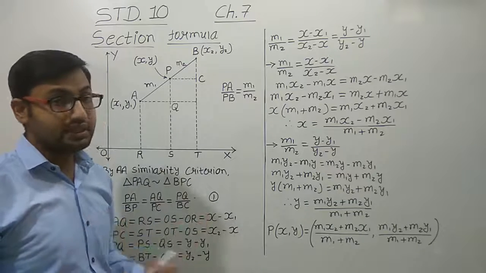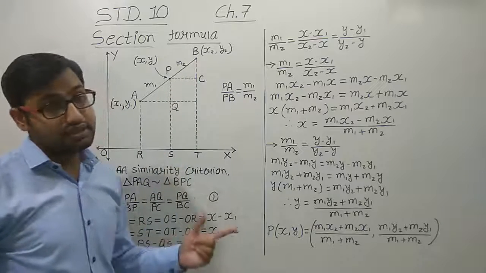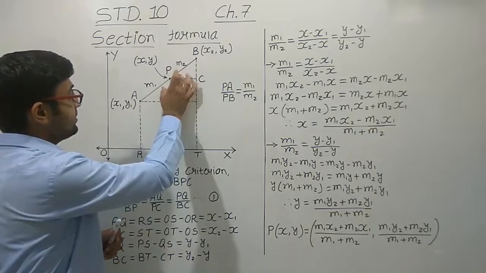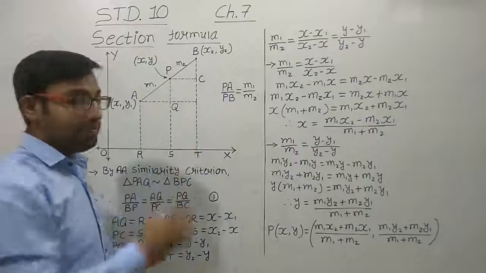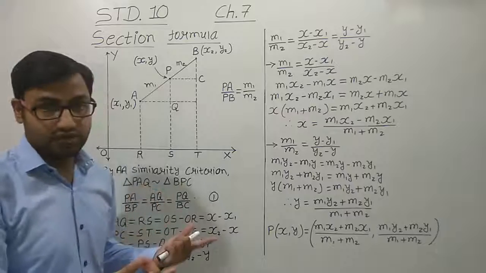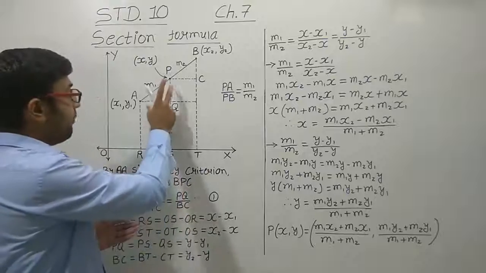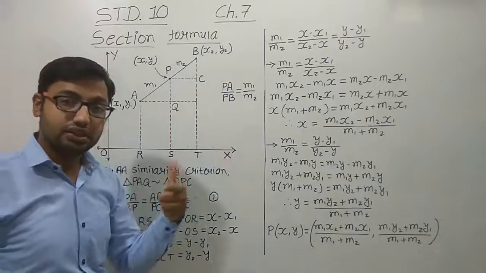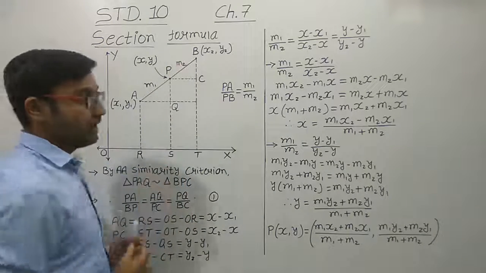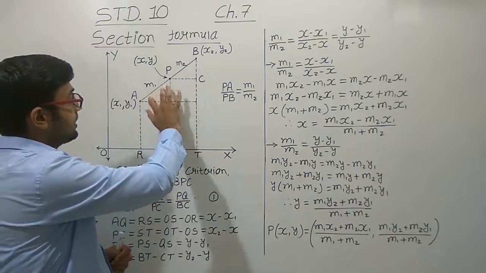Now it is not compulsory in every case that the point P on the line segment AB divides the line into two equal parts. Maybe it is possible that P is on line AB such that the AP portion is double that of the PB portion. Is it possible? Yes. So when P is the midpoint, the ratio of AP to PB is 1:1. But now currently we are deriving this section formula. In this case we don't know what the ratio of AP to PB is.